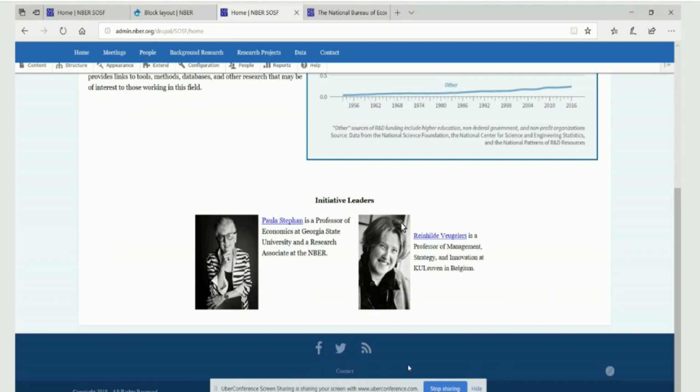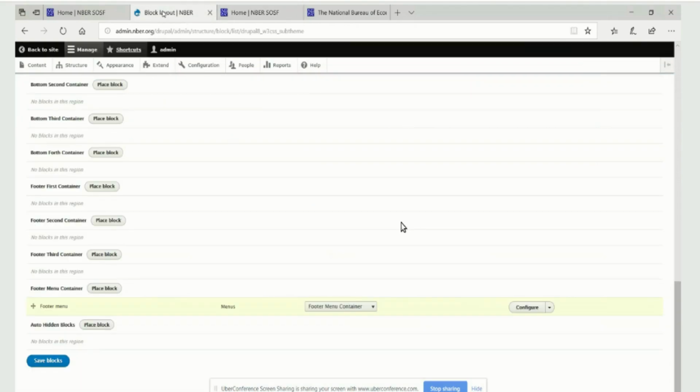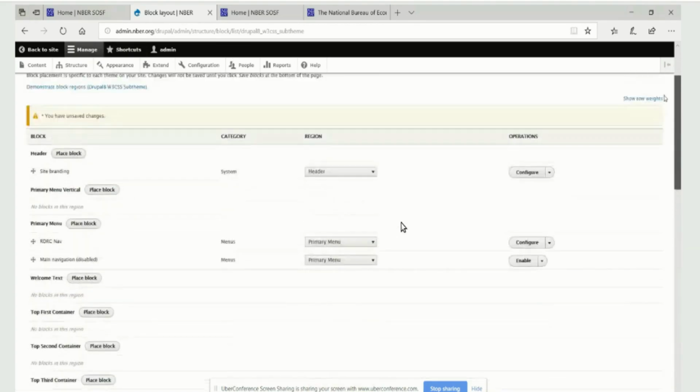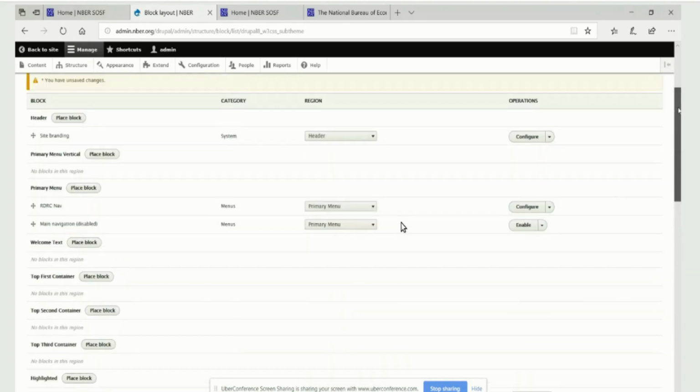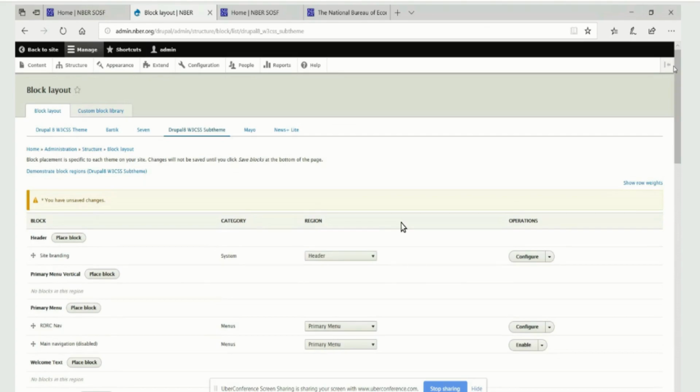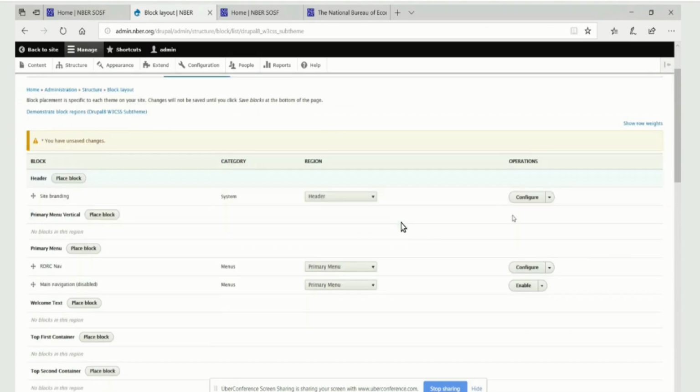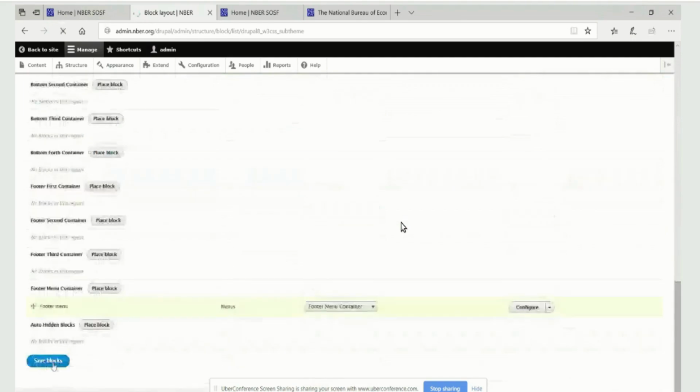So basically, I would look at the block settings for the other theme that you have enabled, and then I would just try to replicate those over here. So take a look and see if they have things enabled in certain places. Then I would just replicate it on this side as well. But you can save that. It looks like the changes haven't saved yet. So if you save that,